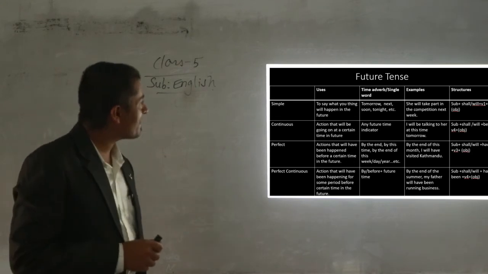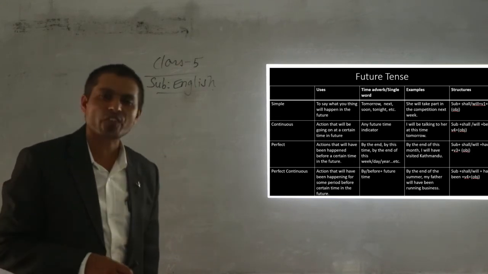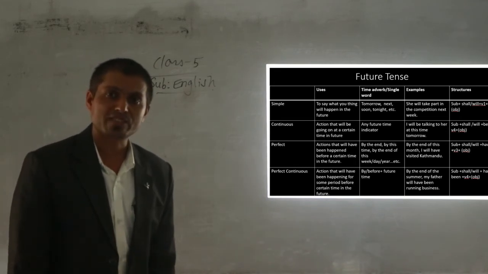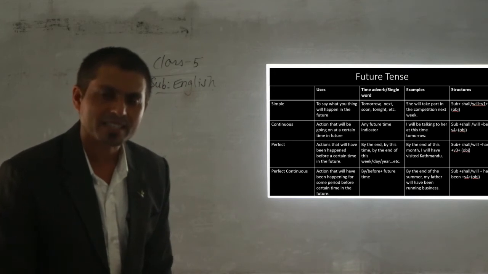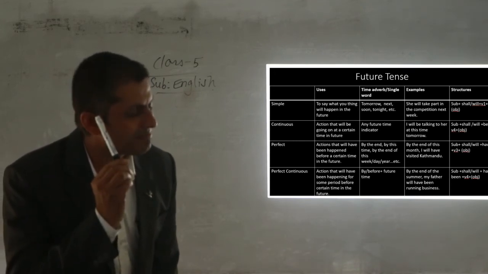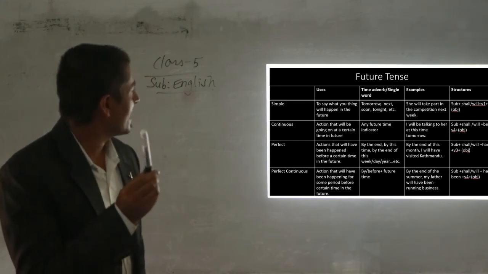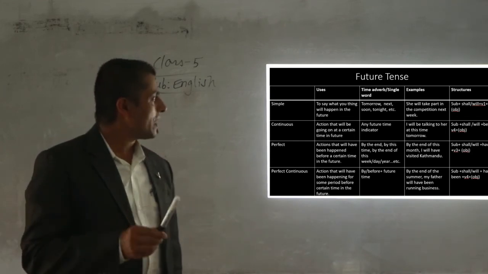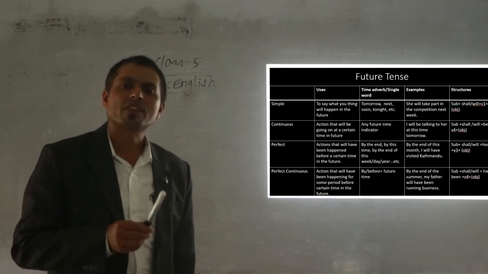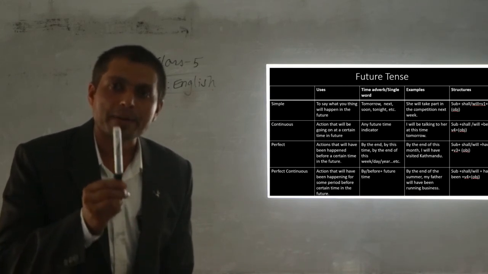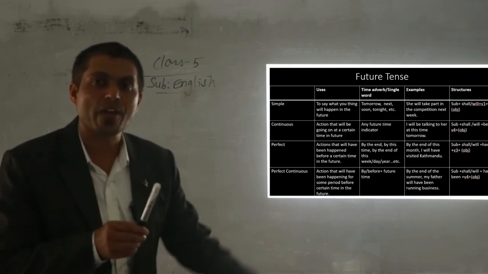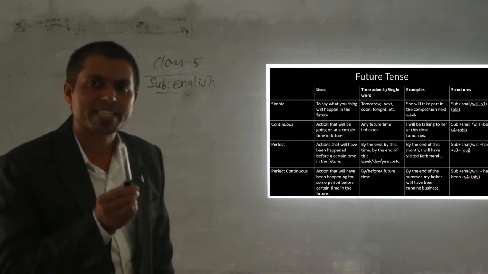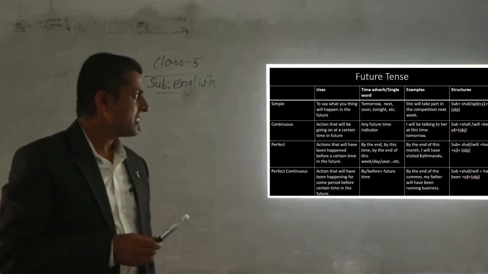Number B. They have already left the house, into future perfect. Make it future perfect. Now let's remember the structure of future perfect. Can you tell me the structure of future perfect? Please tell me. I will be listening. Yeah, very good. Subject plus shall or will plus have plus verb 3. Verb 3 means the past participle form of the verb. We have 5 forms of the verb. You should learn 5 forms of the verb. We need verb 3 here. Now can you make it?